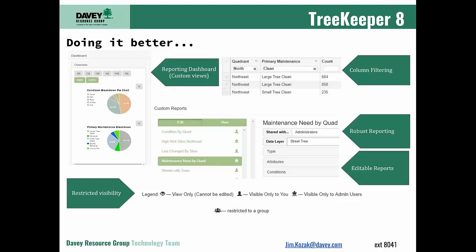There's been quite a few improvements to reporting. There's dashboard reporting, which utilizes custom views, and those can involve cross-facility reports that are basically at-a-glance reports that we can set up, as well as